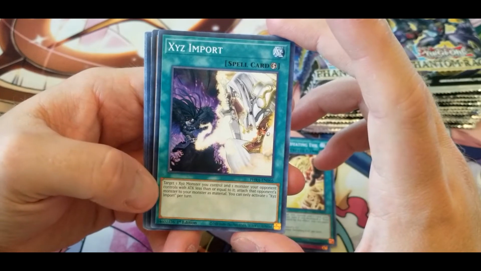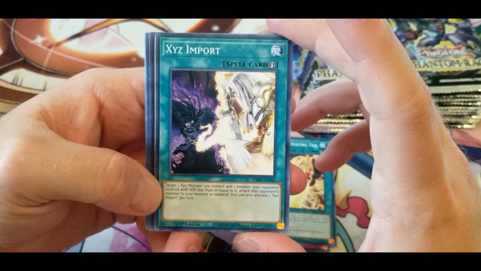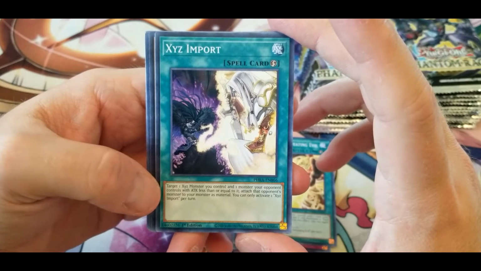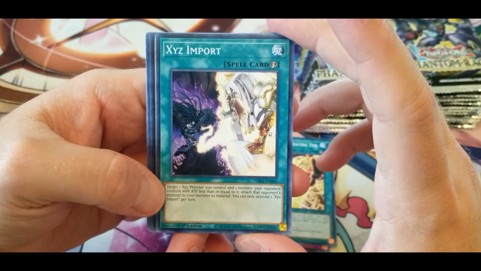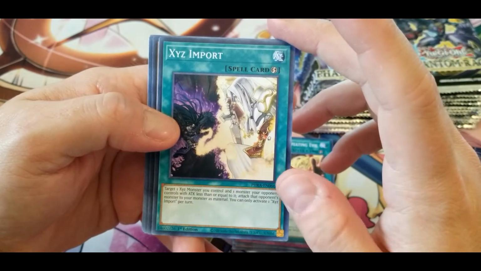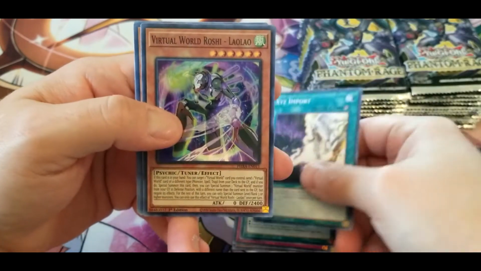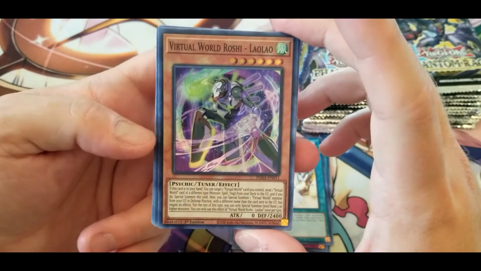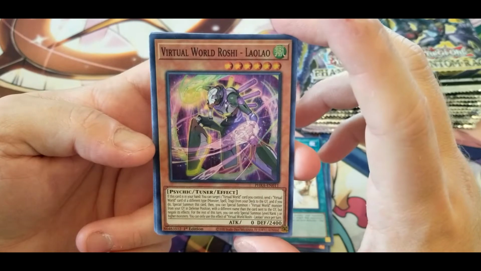Xyz Import. Target one Xyz monster you control and one monster your opponent controls with attack less than or equal to it. Attach that opponent's monster to your monster as material. I think this might actually be a reprint. I mean, it's still a good way of getting more material for your Xyz monsters. We have Virtual World